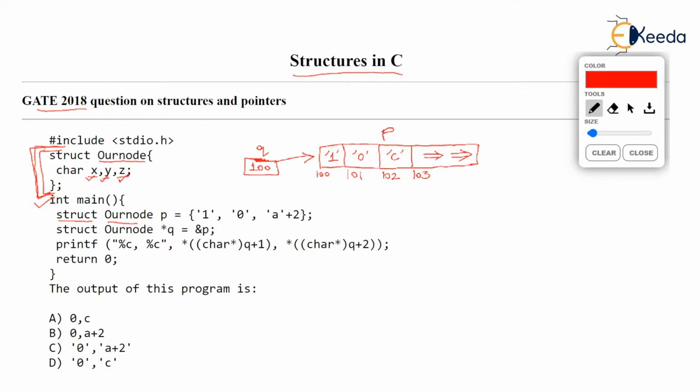So let's see in int main, there is a line written struct our node p. So p is a variable of our node type. So p will definitely have three members because our node has three members x, y, z. So p will have x, y, z, and we are also initializing p over here, giving curly braces and separating the values with comma. Now each value over here has been given in quote open and quote close because remember X, Y, Z, the members are characters. So initialization must be done using characters enclosed inside the pair of apostrophe or single quote.